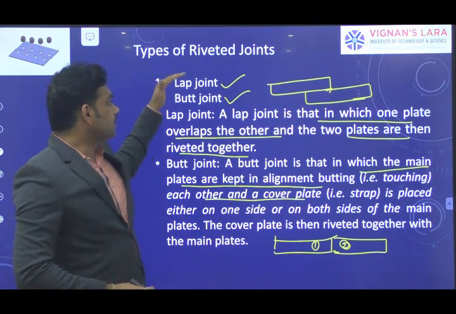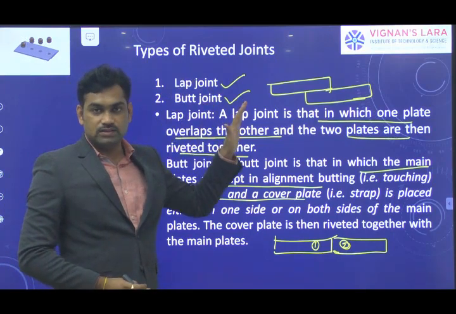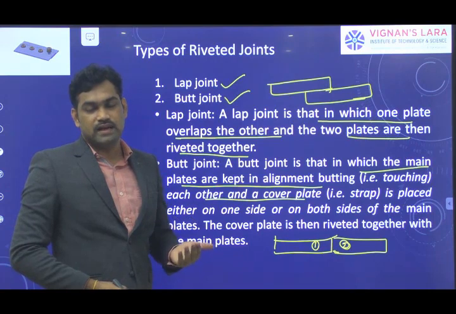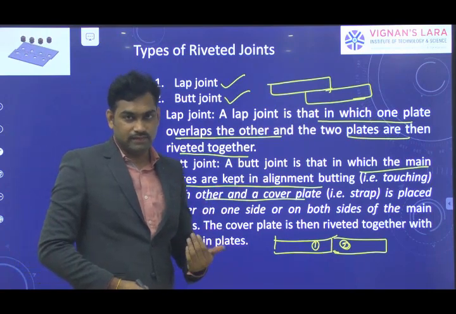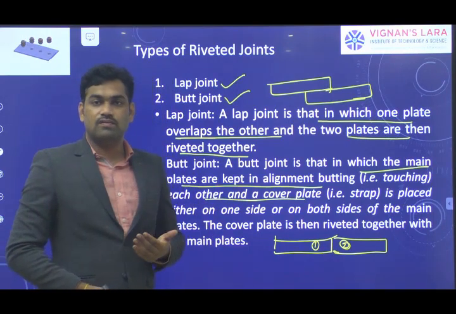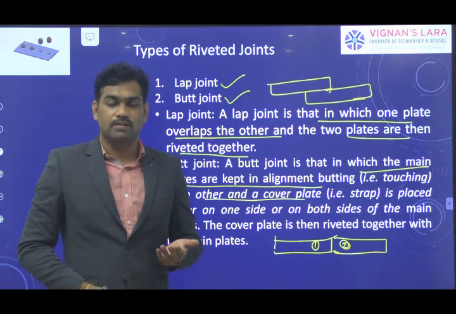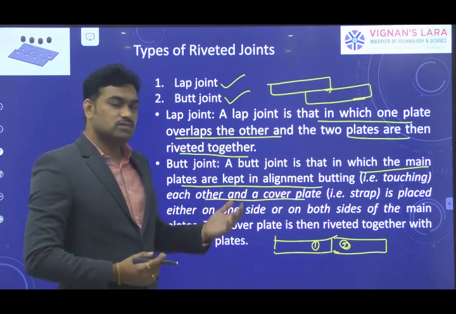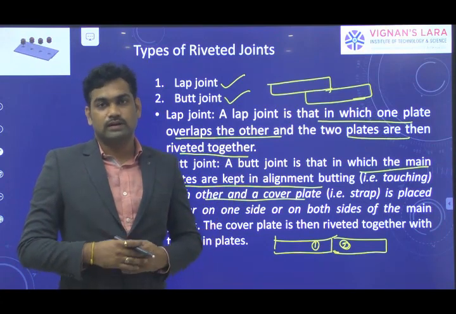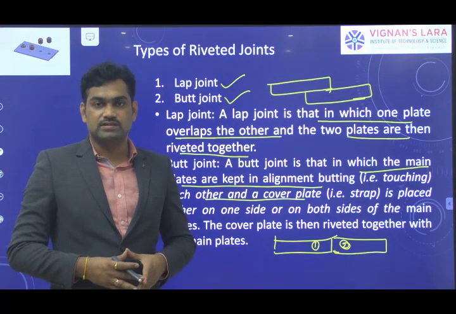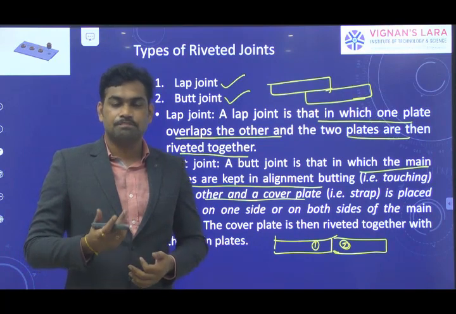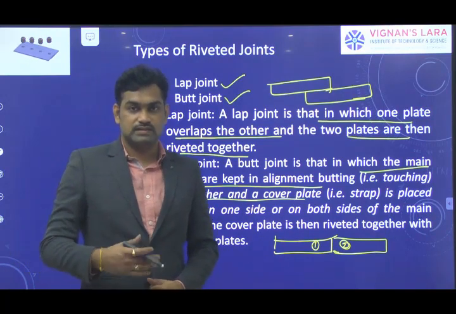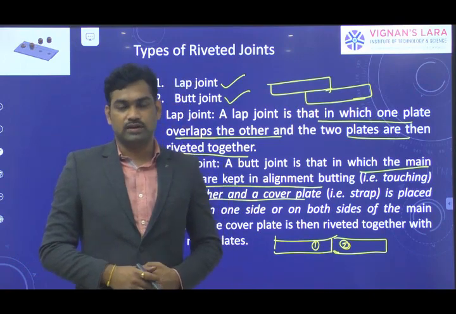And coming to the lap and butt joint, in lap joints we have different types, as well as in butt joints we can also have different types, based upon the rows of rivets we can provide in the joint, as well as the arrangement of rivets. So in butt joints you can classify based upon the number of rows of rivets present in the single plate, as well as the number of straps you can provide in the joint. So let us see what the types of lap joints and butt joints are.